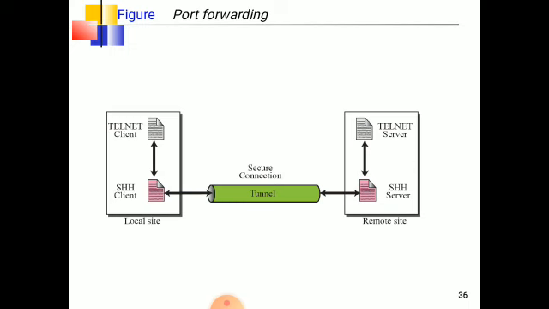This is shown in the figure: Telnet client, SSH client. The telnet client's plain text will be converted into ciphertext by the SSH client. Then that message or data will be transferred through the tunnel, which is now a secure channel. It goes to the SSH server, and finally it is received by the telnet server. So the telnet protocol also uses SSH to provide security, because telnet is also used for remote login, and SSH is also used for remote login.